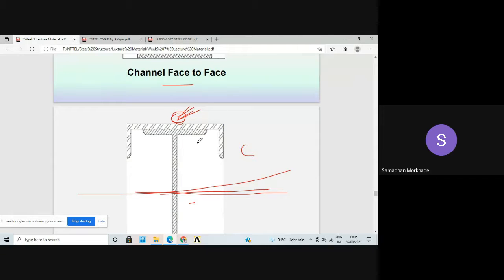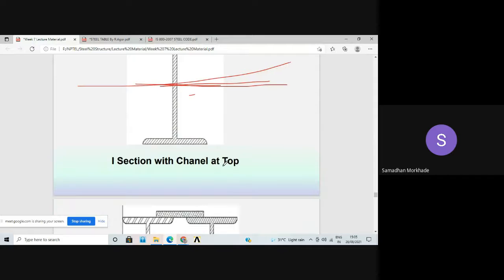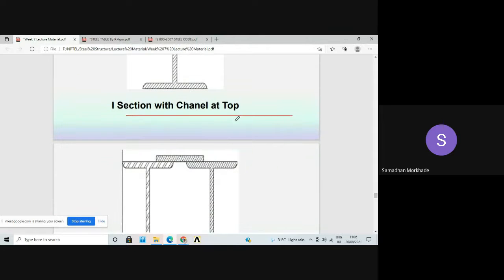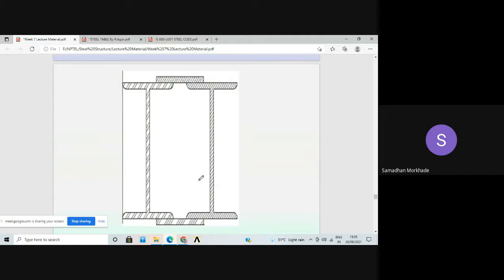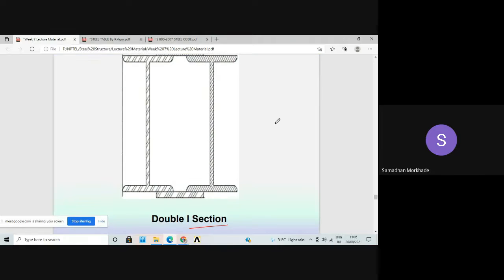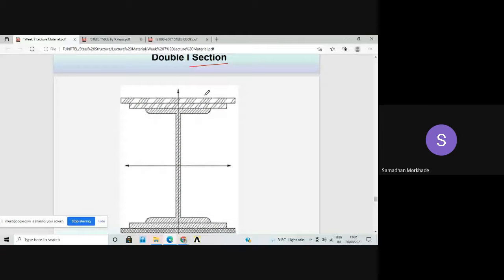Okay, gantry girder, we are going to discuss these sections in more detail in unit number 5. Such a section is popular for gantry girders and crane girders. So it is an I section with a channel at the top. This is a double I section, one I section, second I section. Ultimately, such sections are adopted when a very huge loading comes on the buildings. I sections with plates: I section with two cover plates, I section with one cover plate, we have solved one example. So this is an I section with two cover plates.